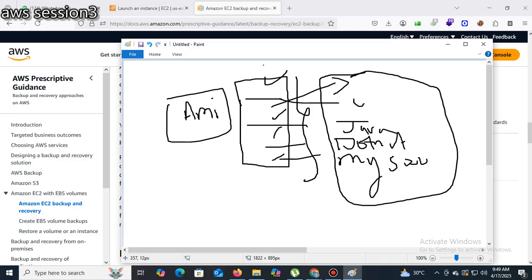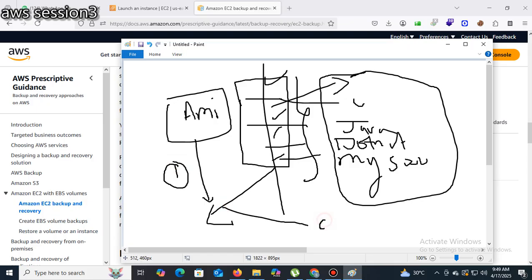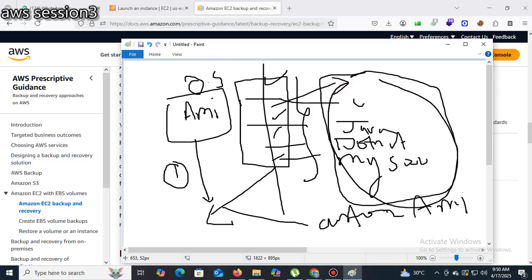From this instance, I will take the backup as an AMI. At the same time, we can create a custom AMI. When you take the backup, it will take the backup of the OS, which is provided by AWS, and at the same time this one also.